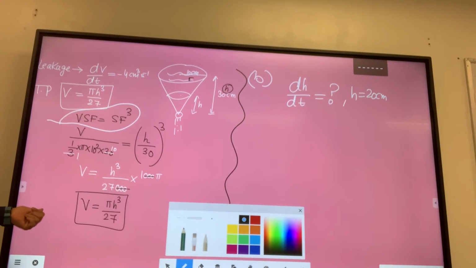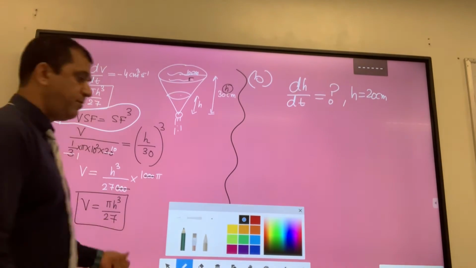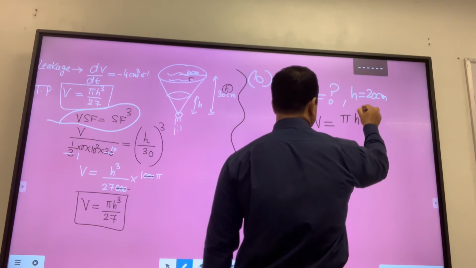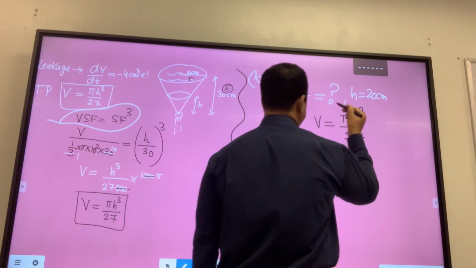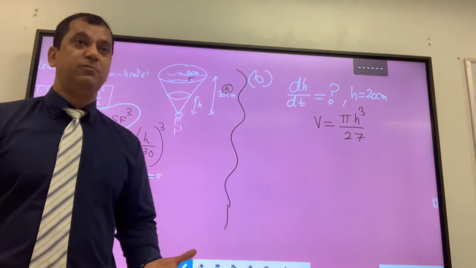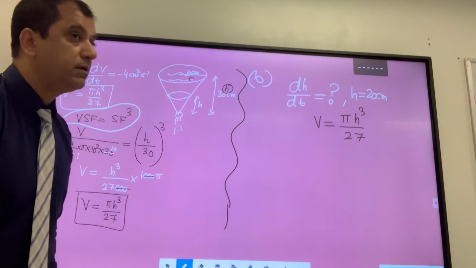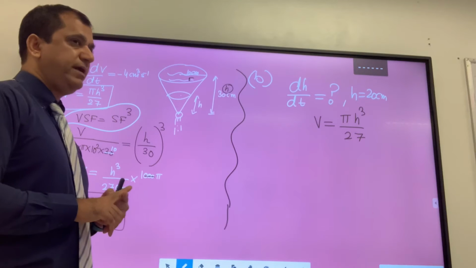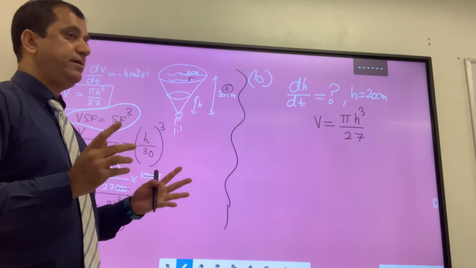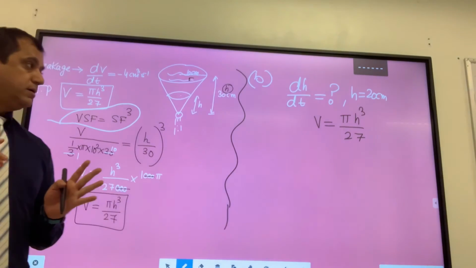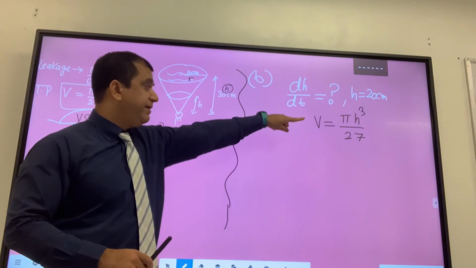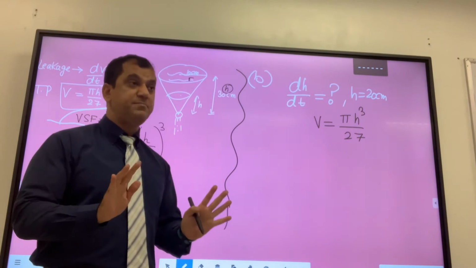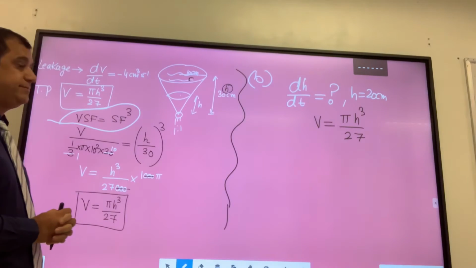We are given this formula in A part, that volume is given by this formula. So I write for you again here, V is pi times h cubed by 27. From this formula, how should I proceed? Take h as a subject. That is one way, a bit harder. Any other way? It's not wrong. This is correct. You can change h as subject, but you will change to cube root. Then finding derivative of cube root will be a bit harder for you guys. It's not impossible, but harder. There is one other way.